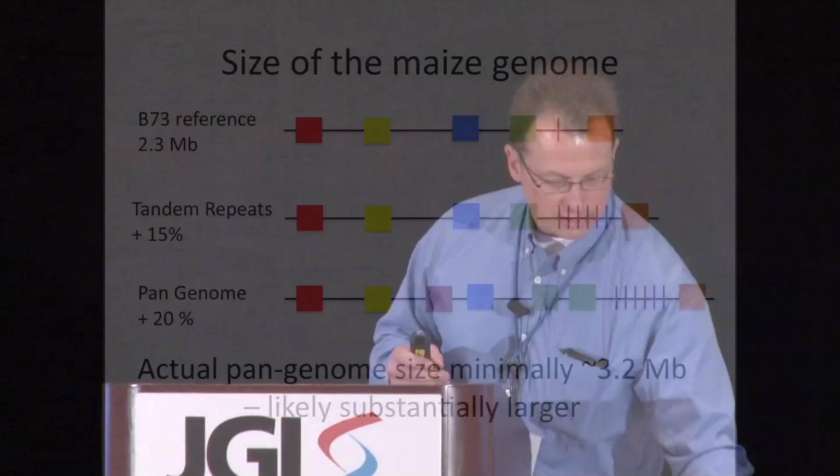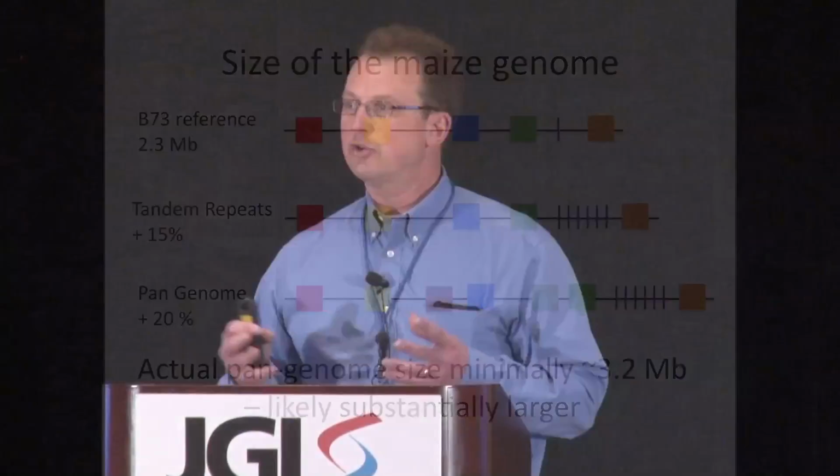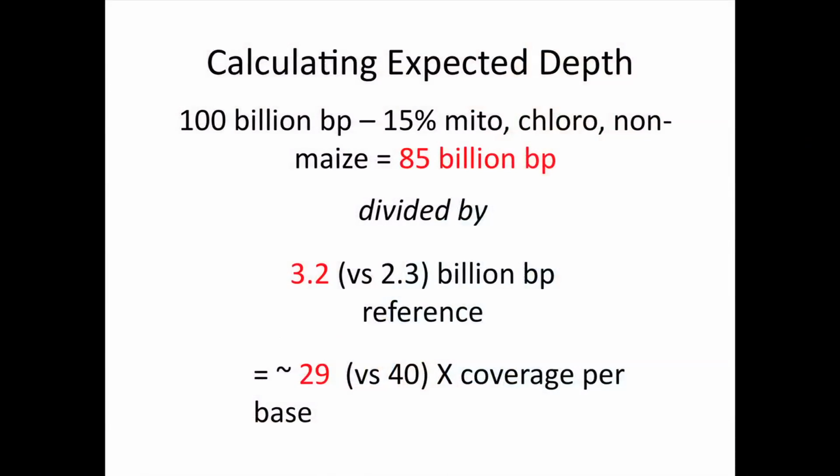So if you put those together, the actual size that maybe should be in the denominator is much larger. I guess I made it much smaller, 3.2 gigabases. That would be a nice reduction in genome size here. And in addition, when you look at the number of bases that we characterized, about 15% of those map to other things than nuclear DNA, chloroplast, mitochondria, and so on. And so out of the initial calculation, we're getting about 50% less coverage than we originally estimated. So that's one of the challenges of a genome like Maize.